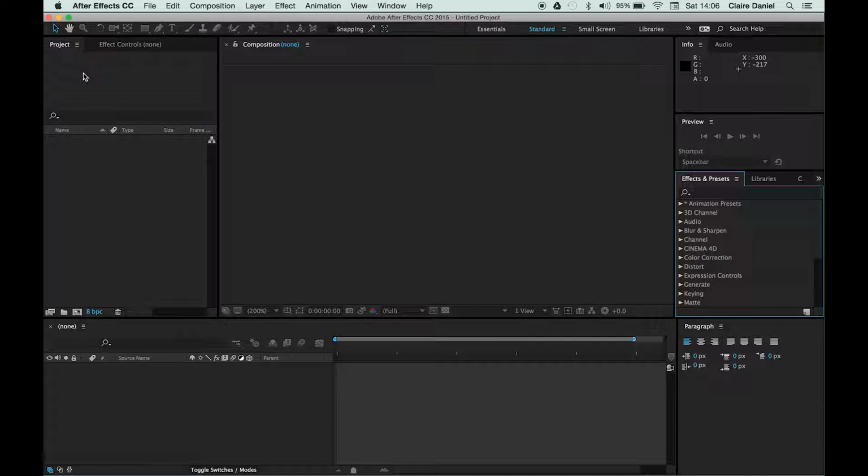So the first window that we're going to look at is up in the top here on my screen, and that's called the project window. That is similar to that in Premiere Pro, in that you import your assets into this section here. Okay, so this is the first section that you'll work with, and you'll import any assets that you're going to